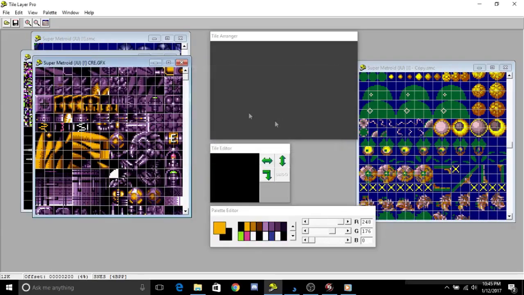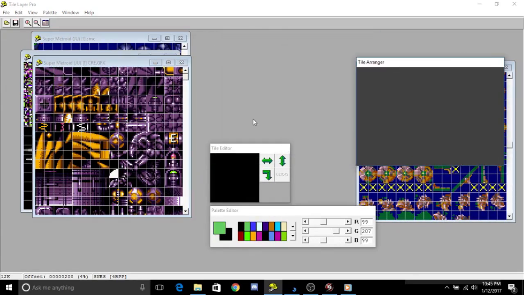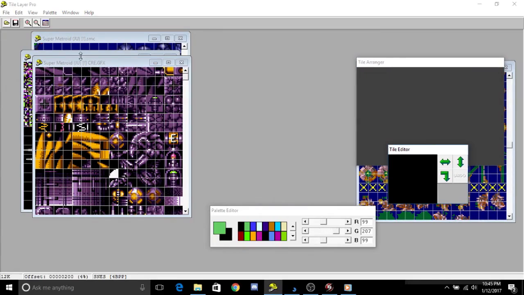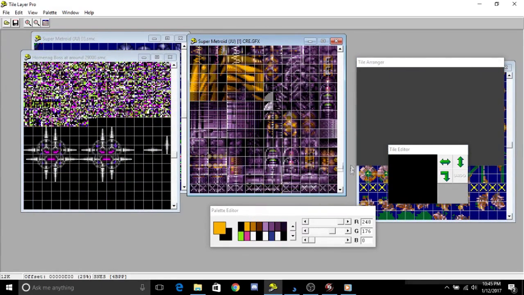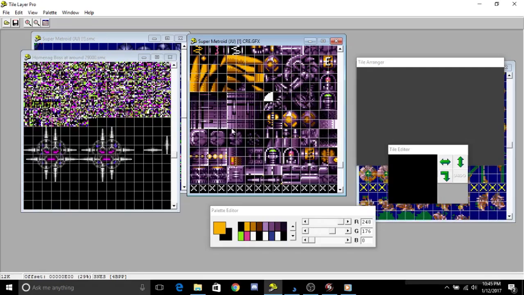Did I? I did. Good thinking me. Let's move these out of the way so we have room for this guy. And let's scroll down. So as I mentioned earlier in the video, tile sets can be used to